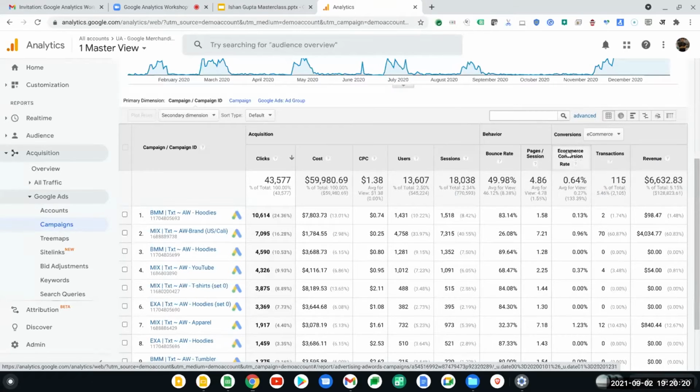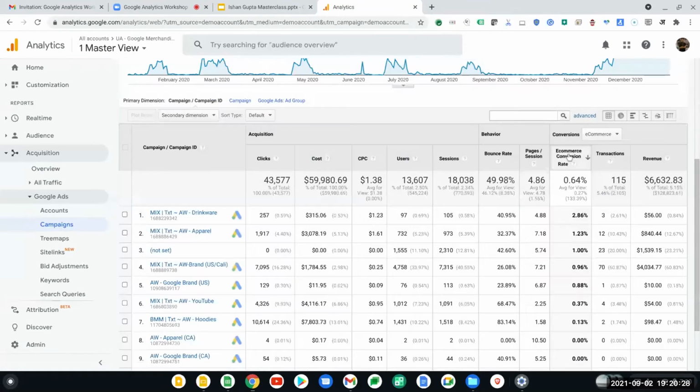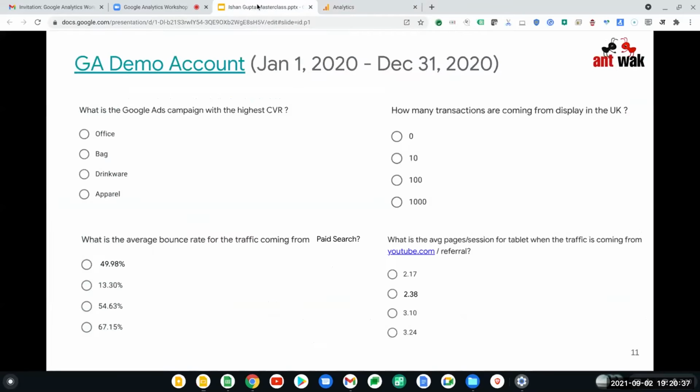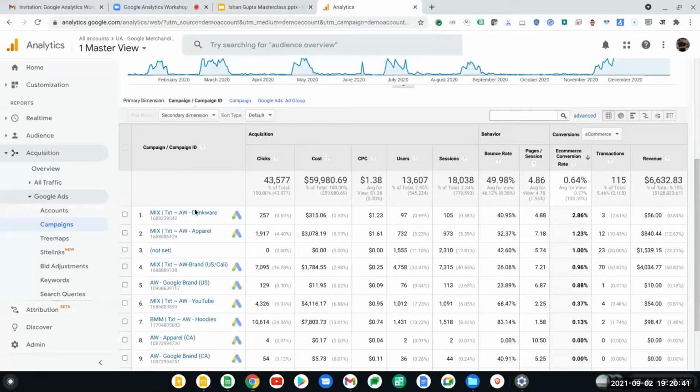We need to identify the campaign that has the highest conversion rate. Right now it's randomly sorted. If I click on this column, it will sort it in descending order. As I can see, this drinkware campaign has the highest conversion rate, which means option C is going to be the answer in this case.